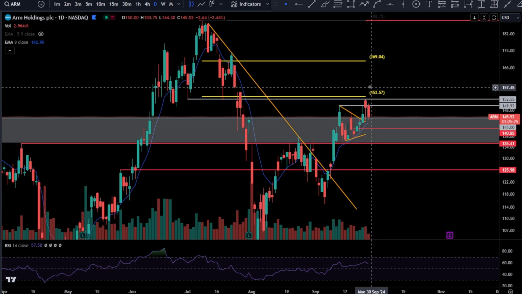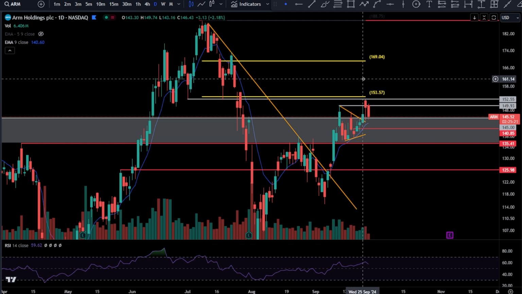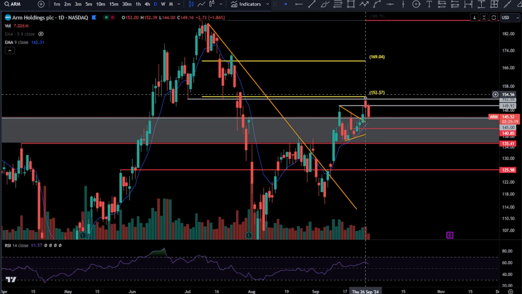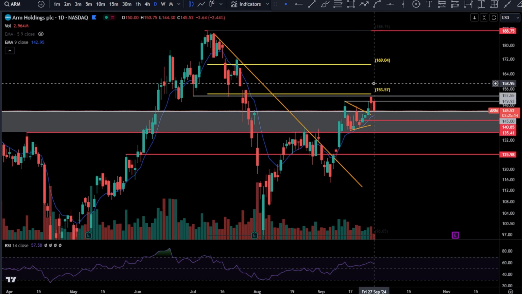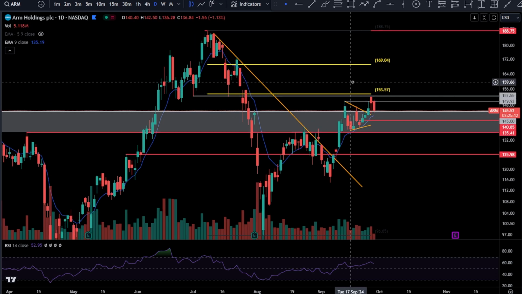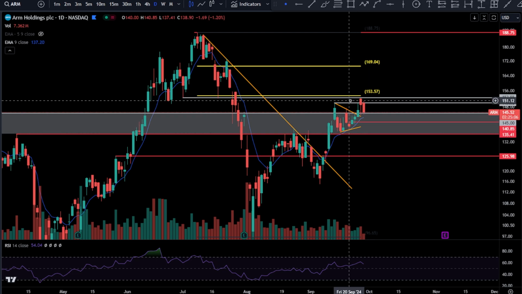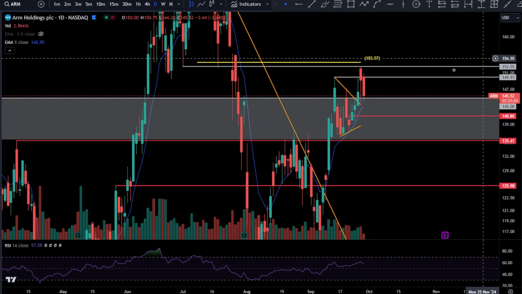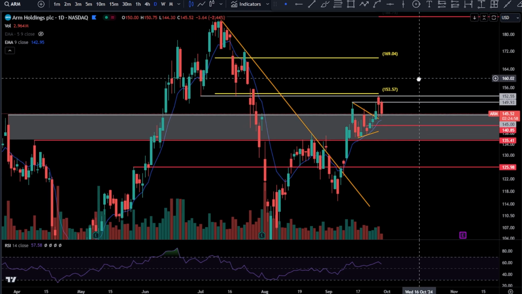ARM, this is why I was saying, hey, not a bad idea to take them profits. This was my top watch for semis going into this week. I know NVIDIA ended up taking the lead, but this thing got a pretty nice move here, and you could have had the October calls and gotten that 100% gain on this move. Congratulations if you took them profits. Maybe you can rebuy it on this retest. At the end of the day, this is a bull flag. You're pulling back into it, 185. This is a spot that you could potentially hold. I like it.